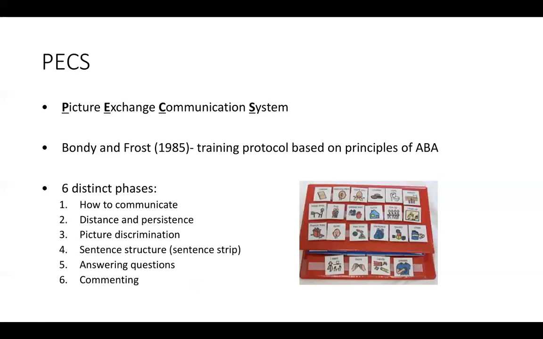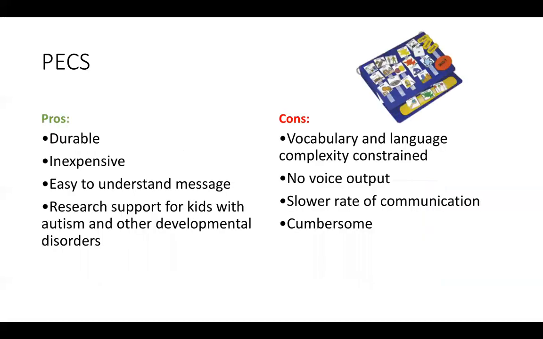So when I see PECS fail, most of the time it's because I see people skipping right to phase 3, where they're giving a child access to multiple pictures and asking them to make a choice. Many kids aren't ready for that yet, and so they're not going to learn how to do that functionally. The last 3 phases of PECS teach children to do things more than just request. So things like actually putting words together to form a sentence, answer questions, and comment.